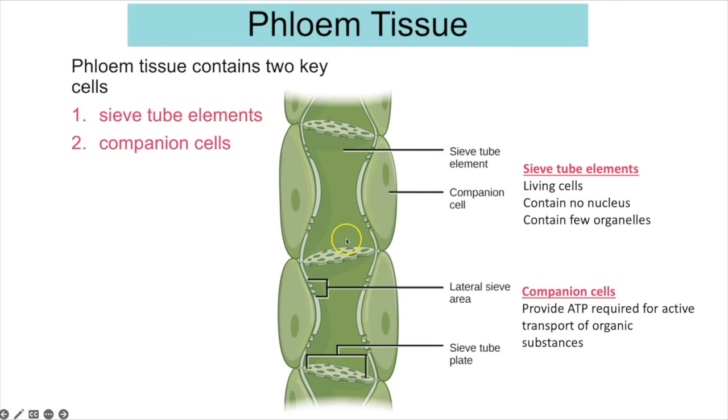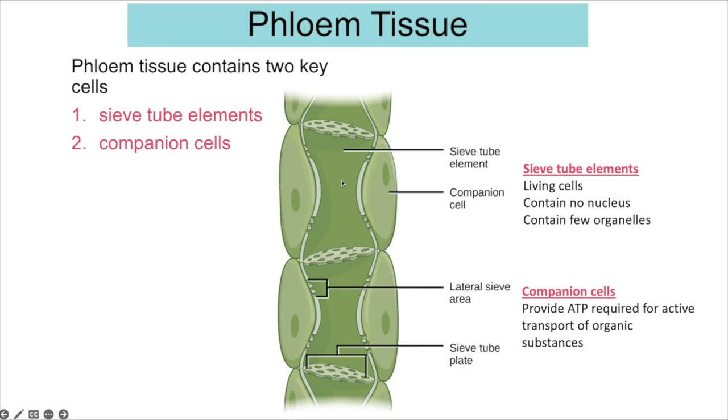The sieve tube elements were initially living with all the organelles, and they are still classed as living cells, but as they start to develop, they then contain very few organelles and no nucleus. And you also have these perforated end walls, which makes it like a sieve, hence the name sieve tube elements. And this enables the sugars, the organic substances, to move up and down through the sieve tube element with little